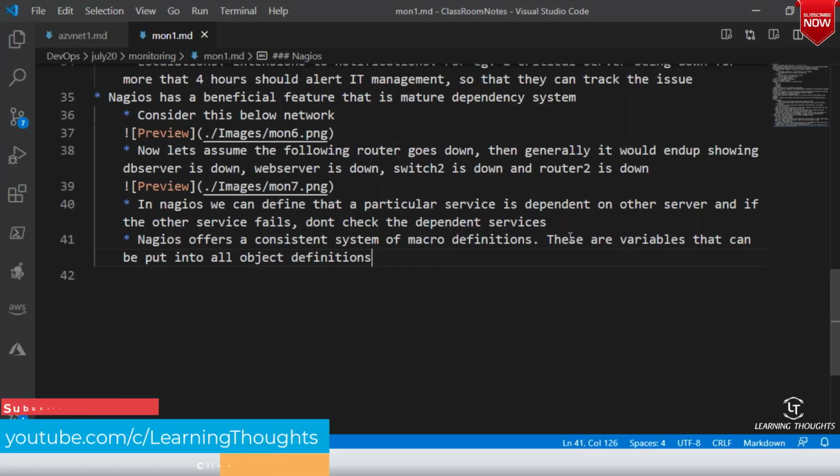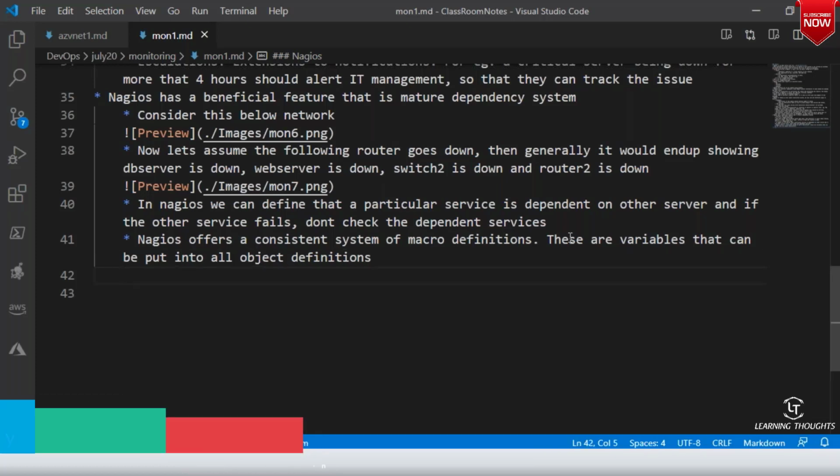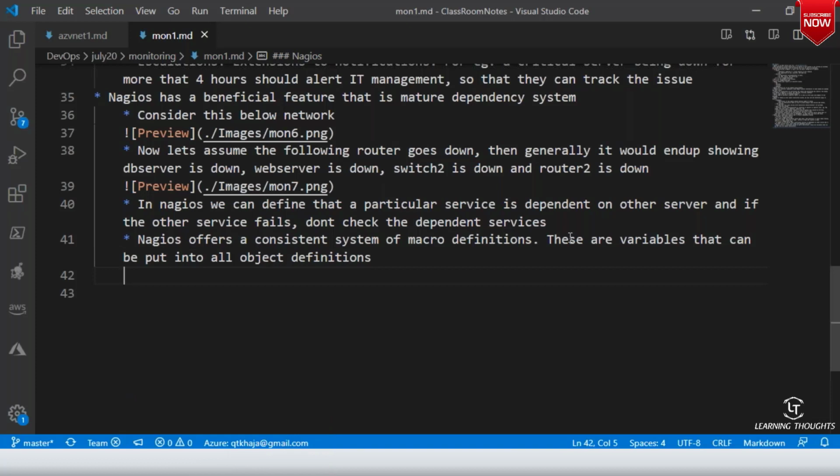When we configure Nagios, we will get into this macro stuff. So right now, till the moment I show macros, don't even worry about it, right? The next topic I'll speak about again tomorrow when I start the class.